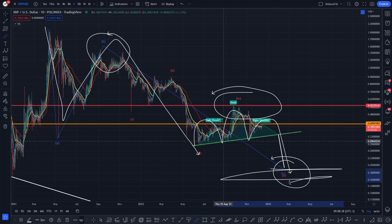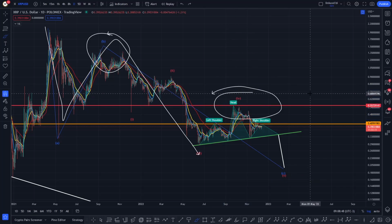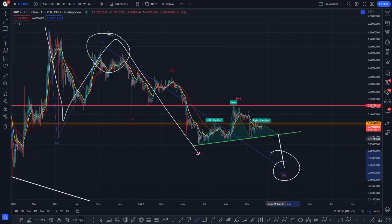Okay, so until we start to see XRP come up and break that red trend line, I think that anything that's coming up is just a correction until we start to see that red trend line broken right there and invalidate this potential head and shoulders pattern, which is a breakdown target around 20 cents once it loses this green trend line. And